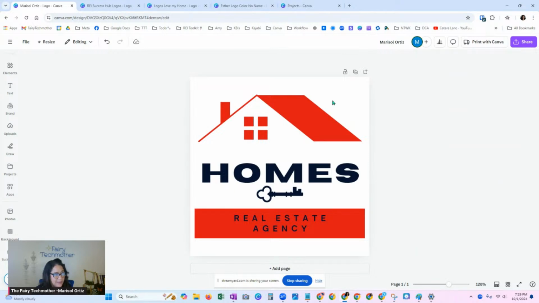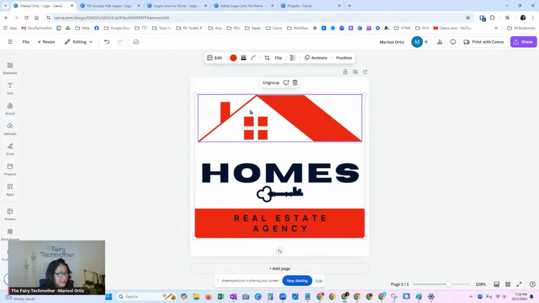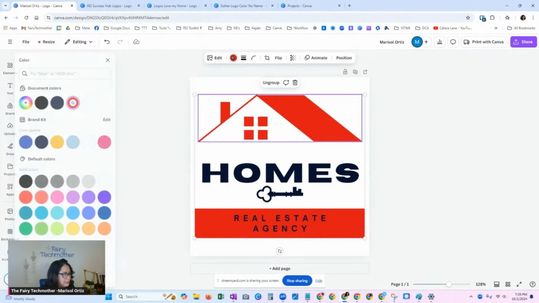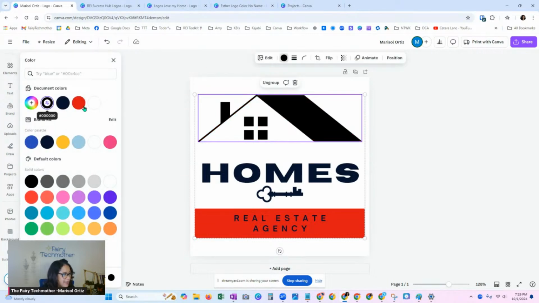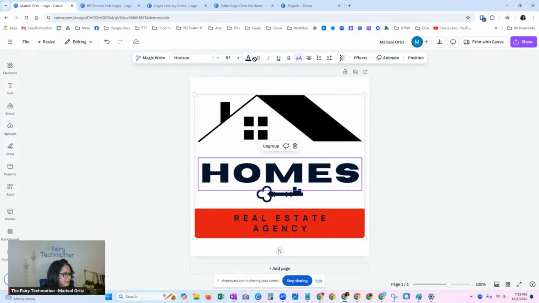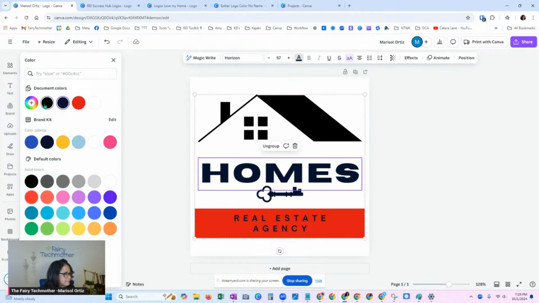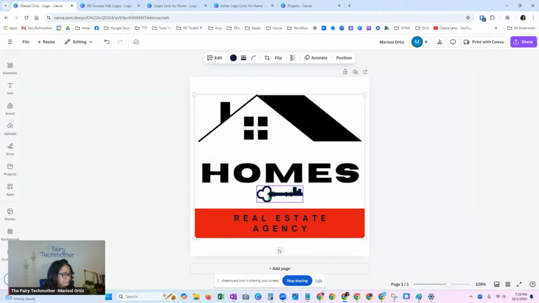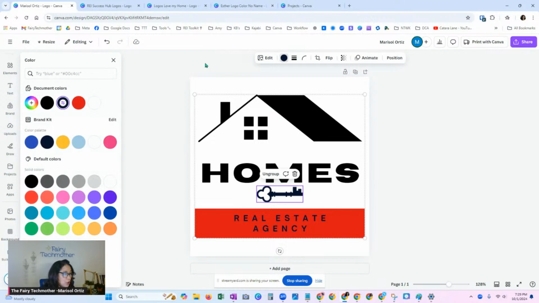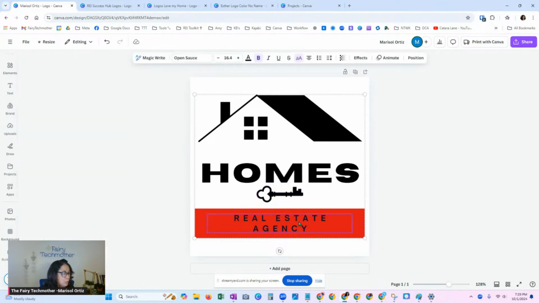And then what I like to do is go in and select everything black, and then do a black logo with a white background. And then I do the white logo with a black background as well. Just because you like to have your logo in different styles and shapes and sizes, because you never know where you're going to need to upload it or where you're going to need to use it.